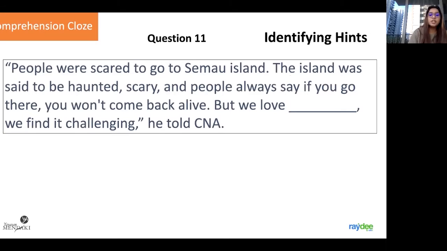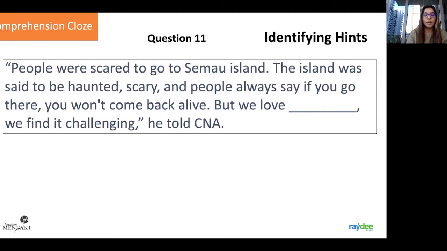Now, the next question and the last extract for comprehension cloze. People were scared to go to Samau Island, right? The island was said to be haunted, scary, and people always say if you go there, you won't come back alive. But we love what we find it challenging, he told CNA. So the island already has a very bad reputation, right? But we don't know what